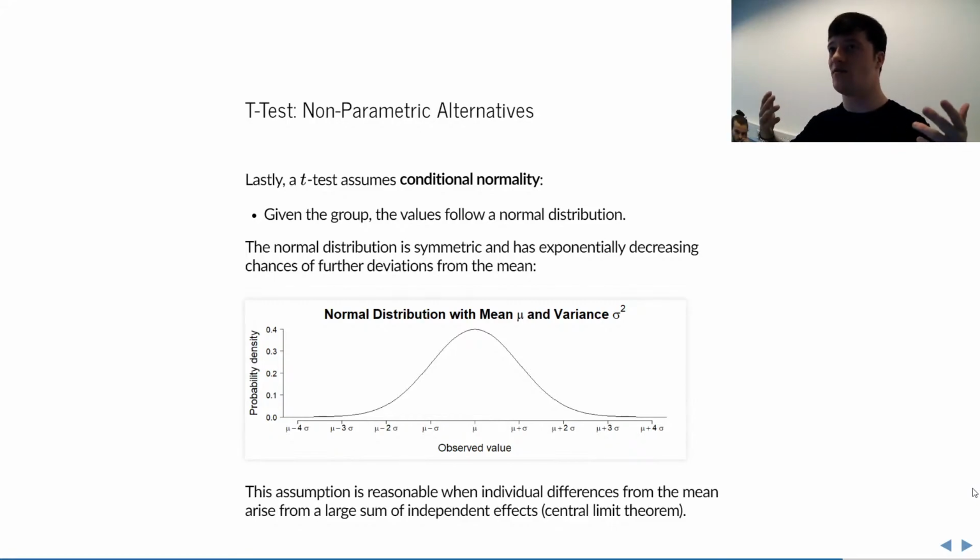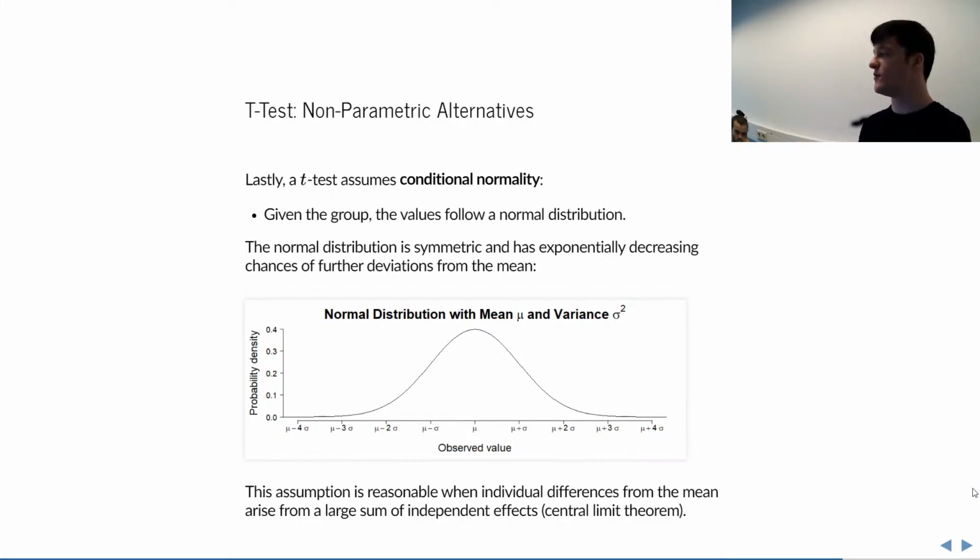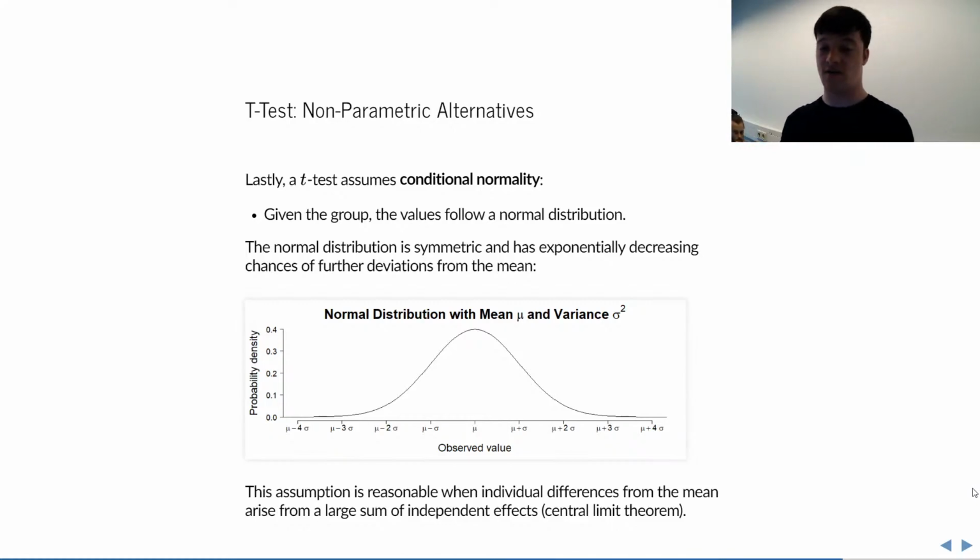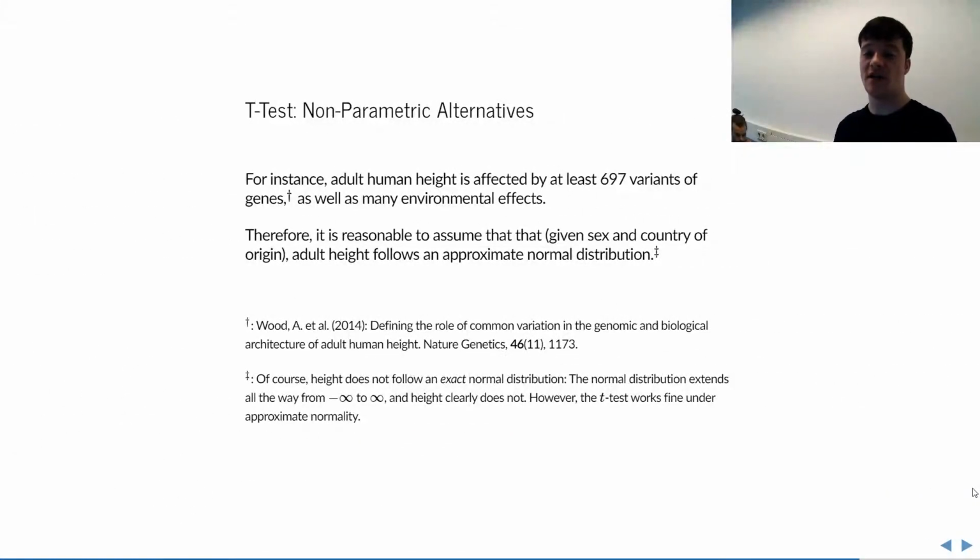That might sound a bit convoluted, but what it means in practice is that it does not matter what these individual effects are that affect the process. As long as there's a large sum of independent things affecting a continuous outcome, then summing it will yield a normal distribution. So, for example, when we look at human height, it's affected by around 700 genes that we know of,